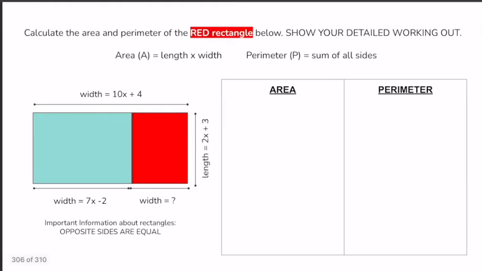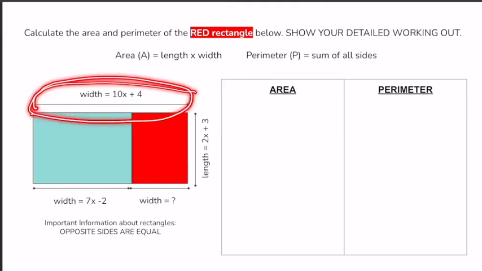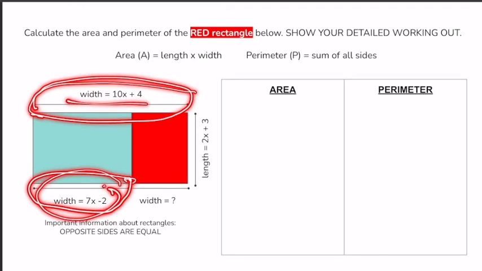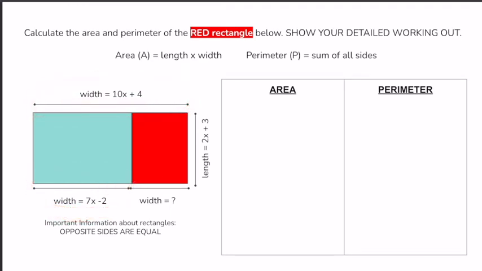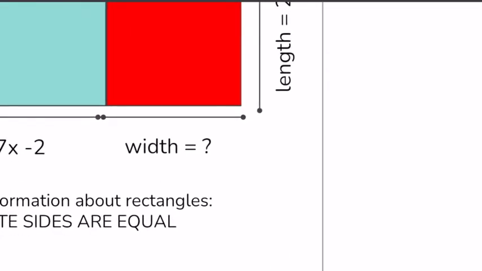So the next one is the same thing, except that, okay, leveling up. We now need to find out what the width is of the red rectangle. So we know that the full width, the width of the big rectangle, is 10x plus 4. And the width of the blue rectangle is 7x minus 2. So all you need to do is to subtract this one from the width of the big rectangle, okay? So we can write this as, okay, width of the red